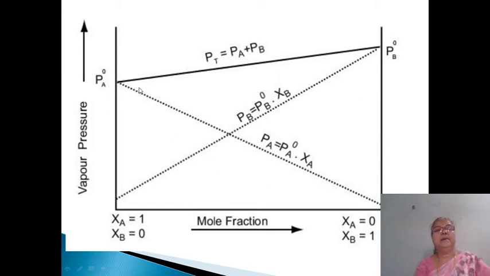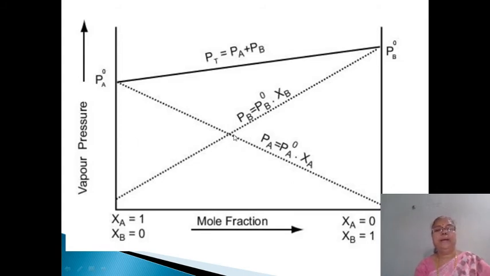And this is the equation of Raoult's law: the partial vapor pressure of A constituent is equal to the vapor pressure of A constituent in the pure form multiplied by the mole fraction of A constituent. Any point on this line gives the partial vapor pressure, the product of P0A into XA. Similarly for B constituent,